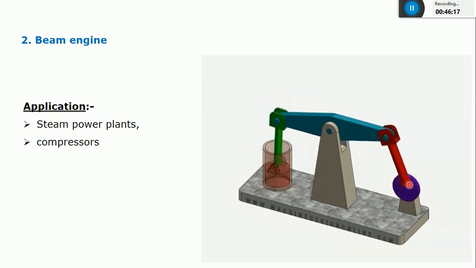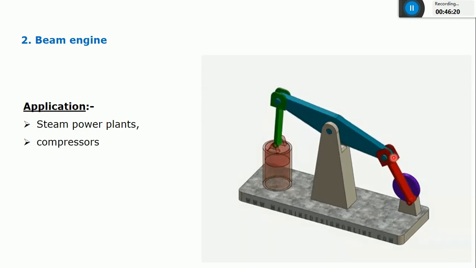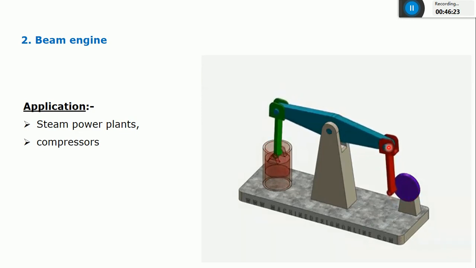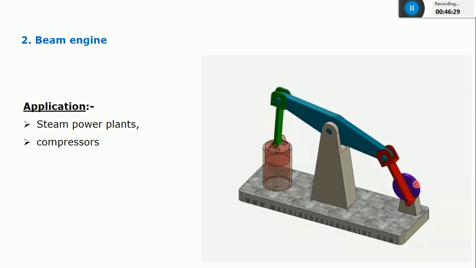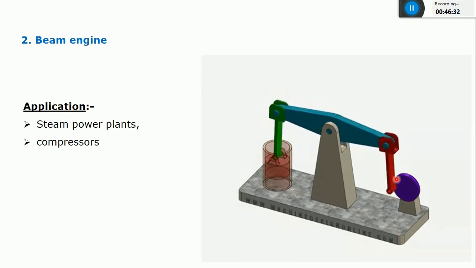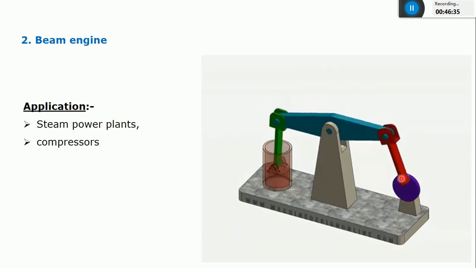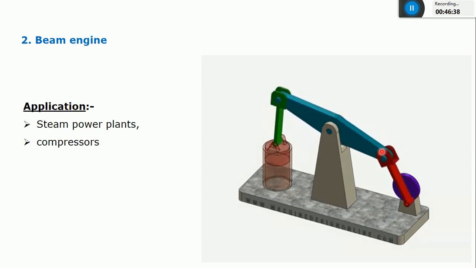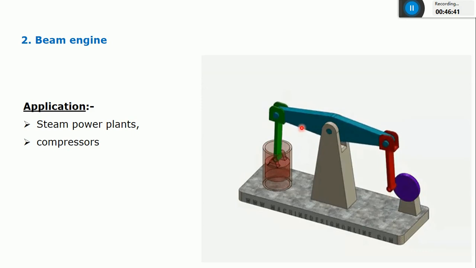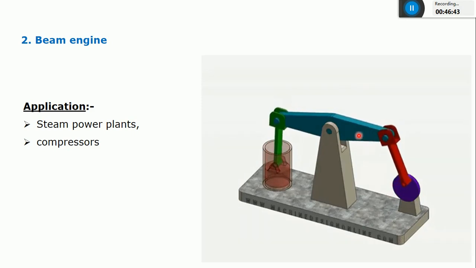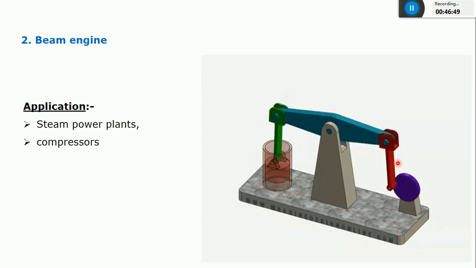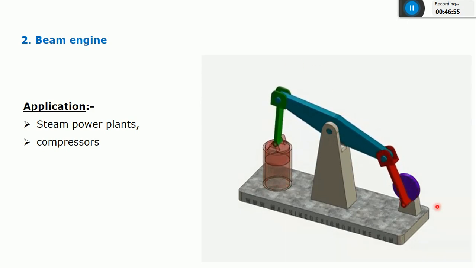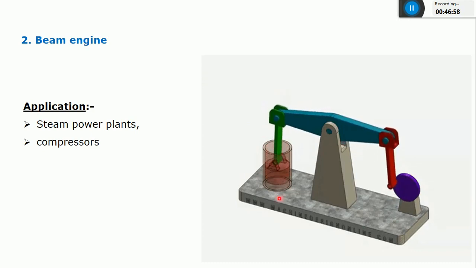This crank is connected to this coupler or connecting rod, the red color. You can see the type of pair or joint: it is a rotary joint or turning joint. It means the crank is free to rotate with respect to the frame, and also with respect to this connecting rod. The connecting rod is free to rotate with respect to this lever, the sky blue color, which is pivoted at this point. Frame is first, crank is second, connecting rod is third, and the lever is fourth. From the application point of view, you're converting rotary motion into linear motion.